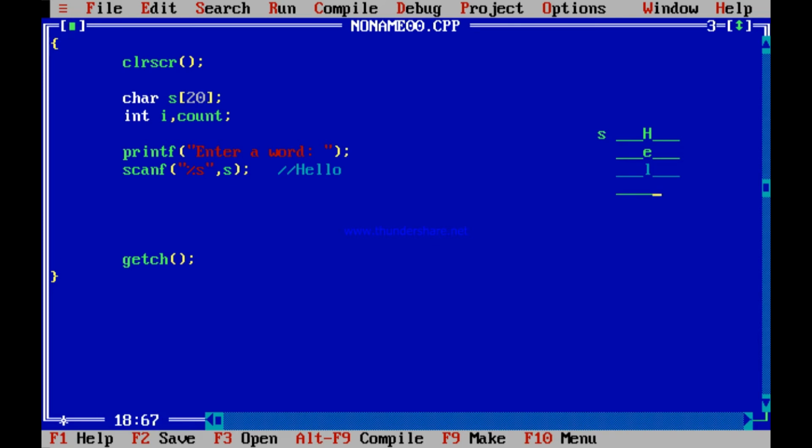Again in the next memory location L is kept, then in the next memory location O is kept. But then what? I have told you and you have understood by now that after this automatically this 0 is kept, which is a null character. The character null has got an ASCII value 0. You can think like this.